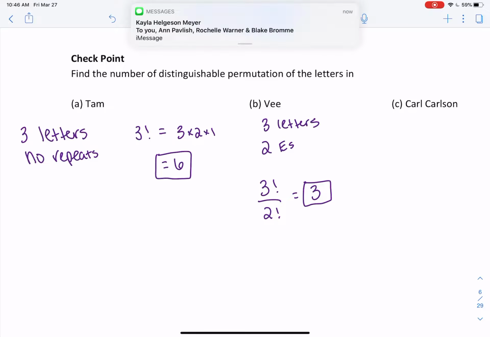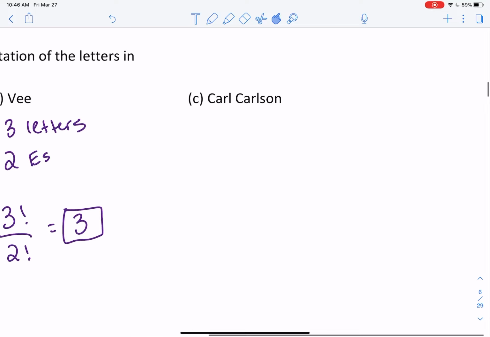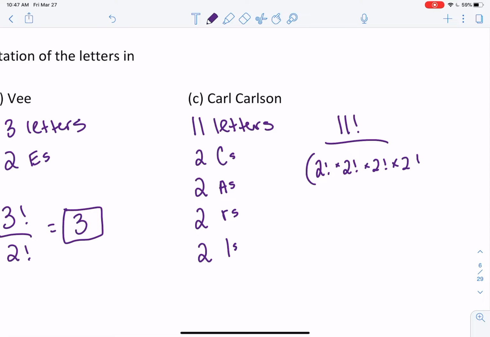And then Carl Carlson. So let's count the letters here. 1, 2, 3, 4, 5, 6, 7, 8, 9, 10, 11. So I count 11 letters. And I see 2 C's, 2 A's, 2 R's, and 2 L's. So we will have 11 factorial over 2 factorial times 2 factorial times 2 factorial times 2 factorial. You do want to use your calculator for that. You guys go ahead and try that one, and it would give you